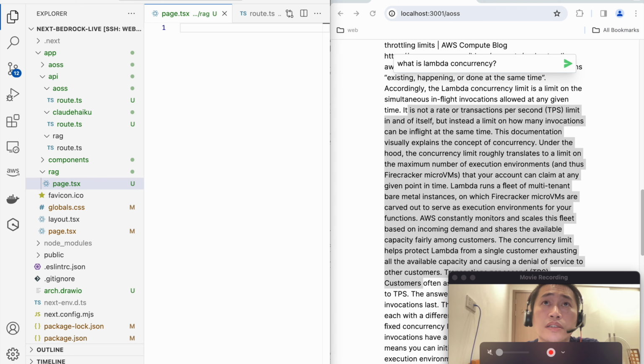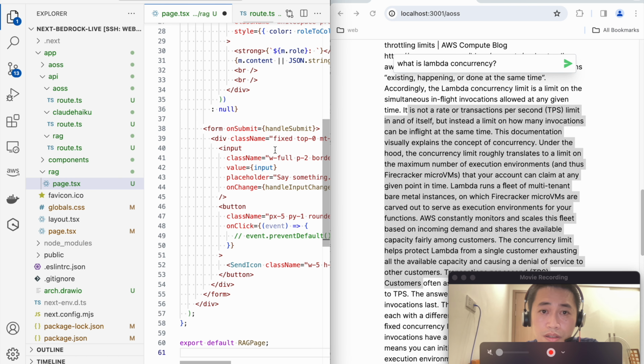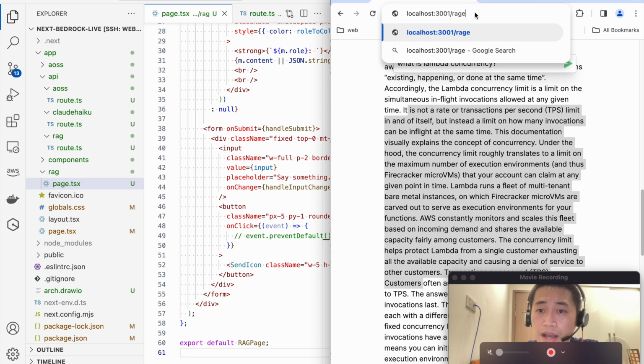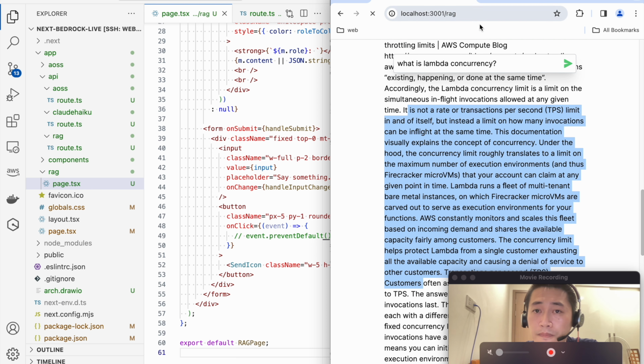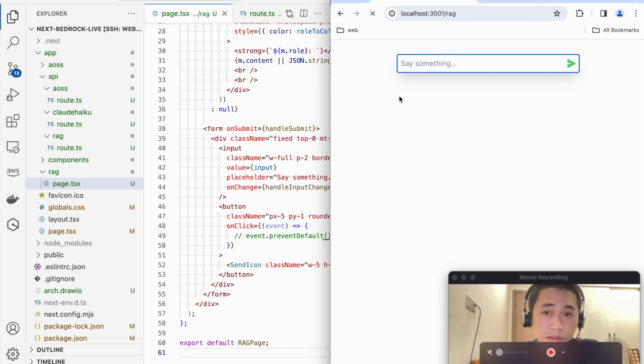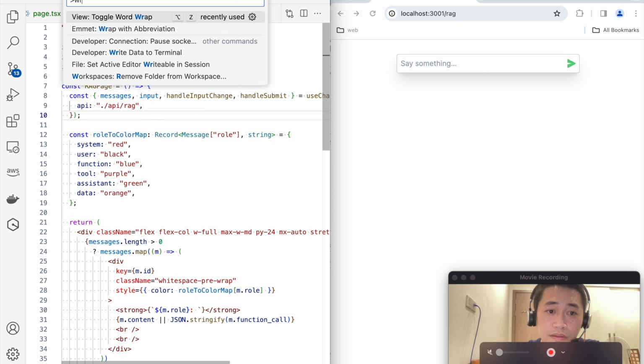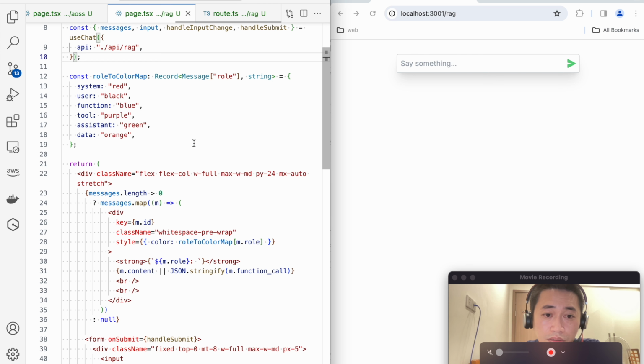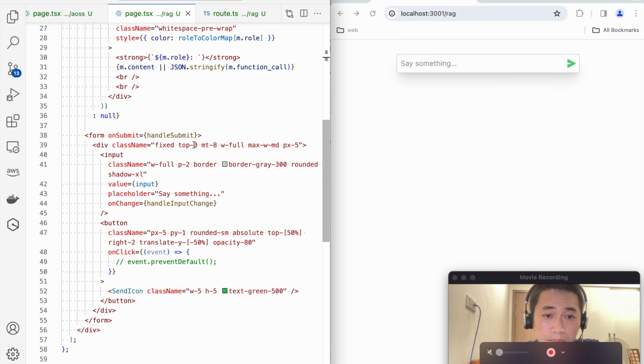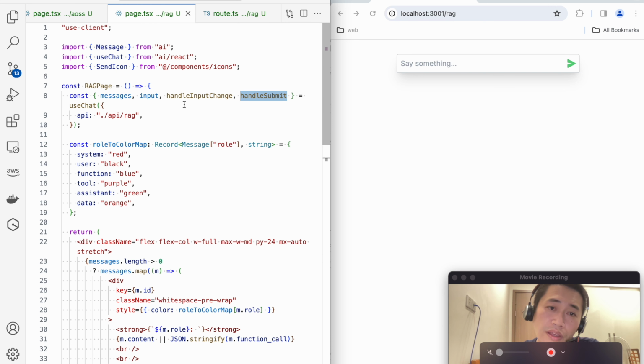The React frontend are simple, very simple pages. And let me go to the React frontend. Okay, the simple form input. So let's see what it does. So it just has a form and then handles submit. So in this case,